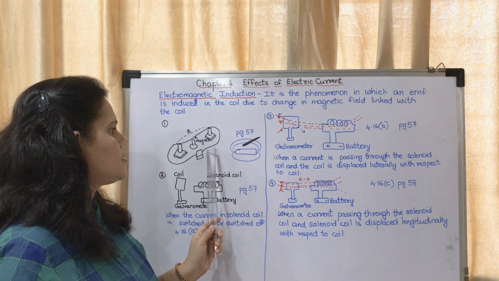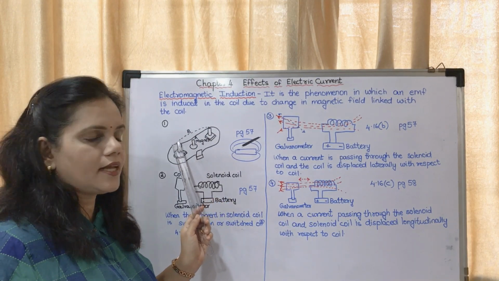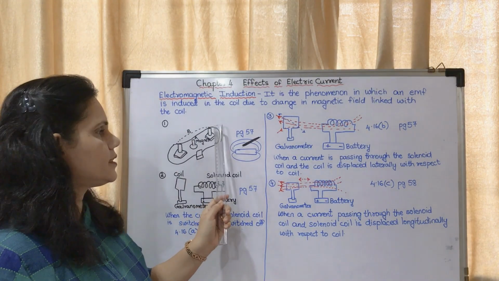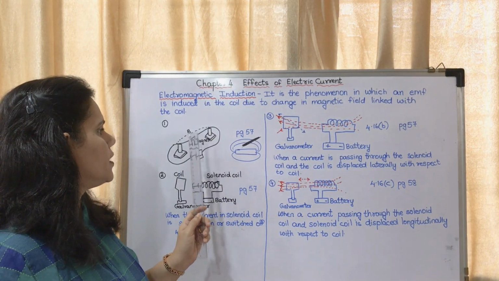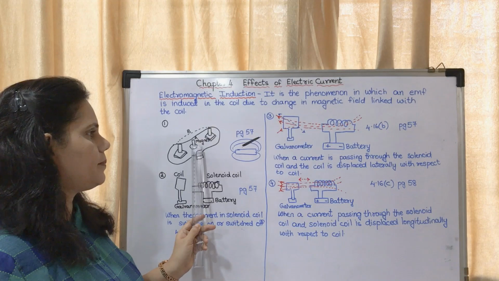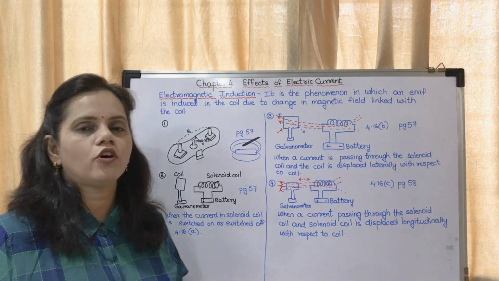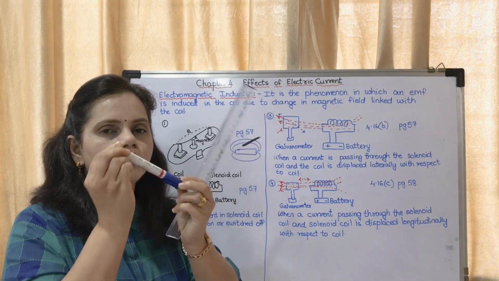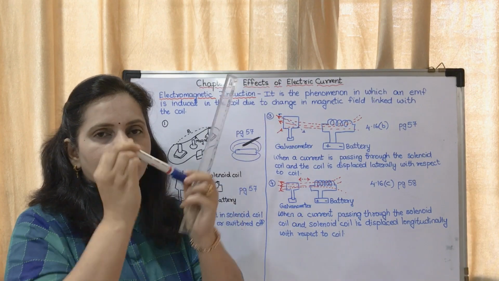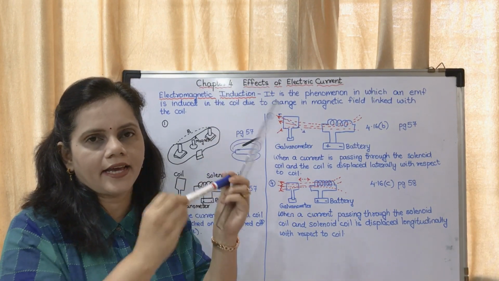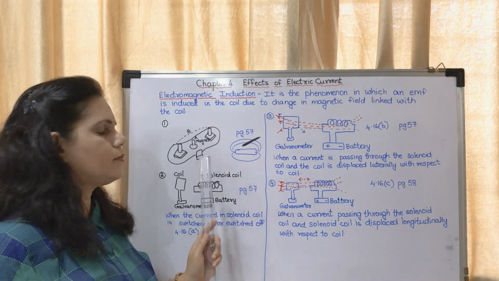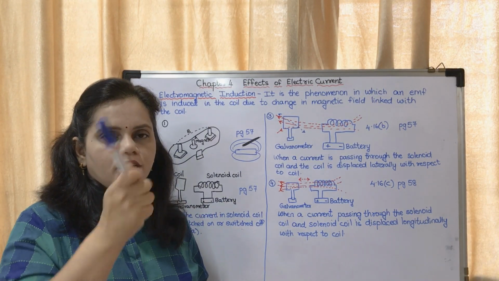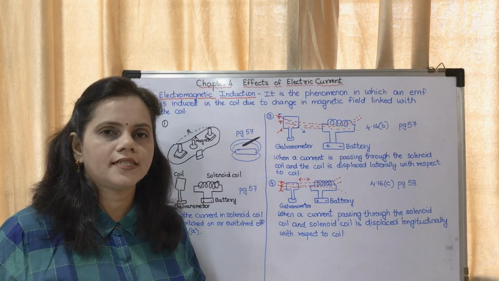So here this is a wire. You may see the diagram in the textbook. This wire is made to move in between a magnet. They have kept a magnet in the middle, and what you have to do is move the wire in one direction. Now what will happen if you move the wire? This galvanometer will show deflection. It will move.